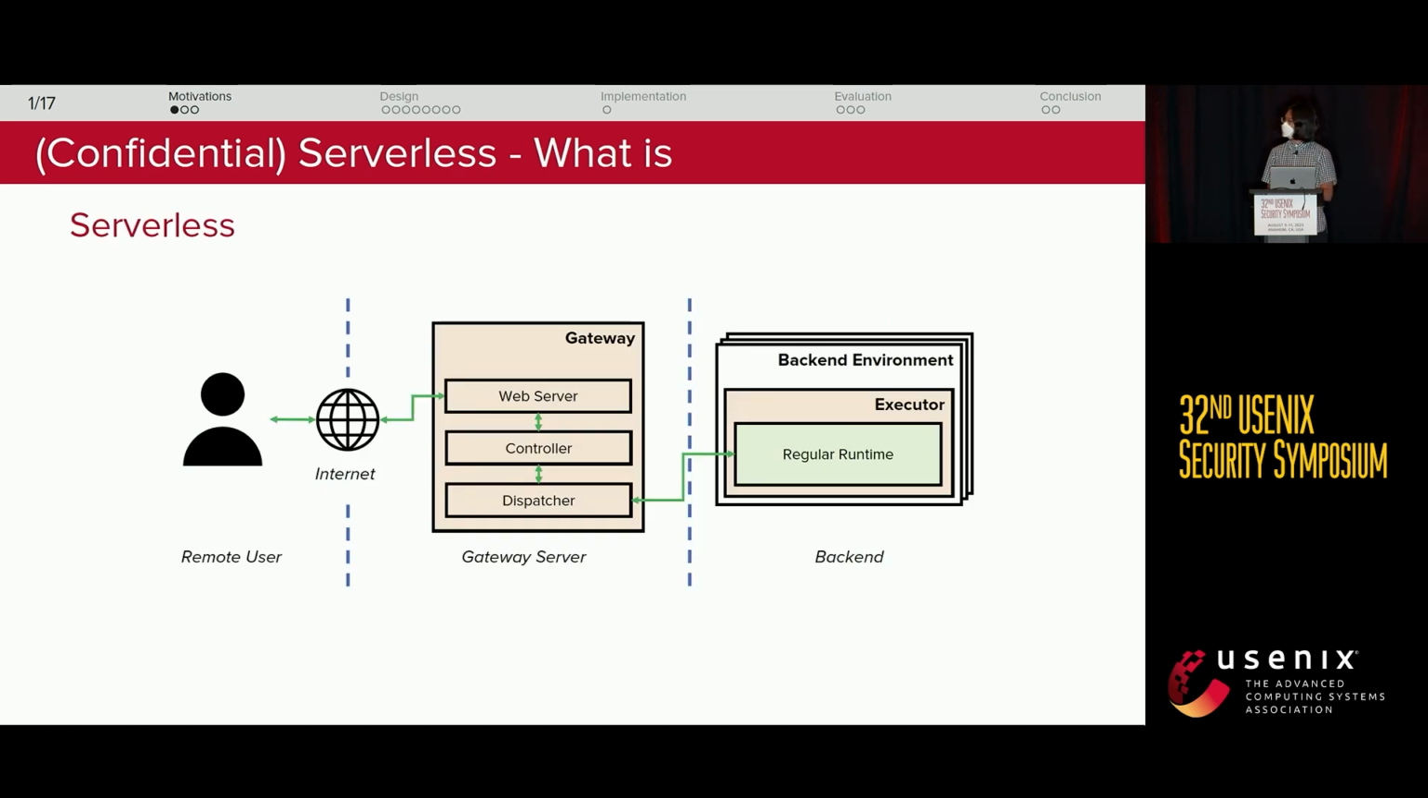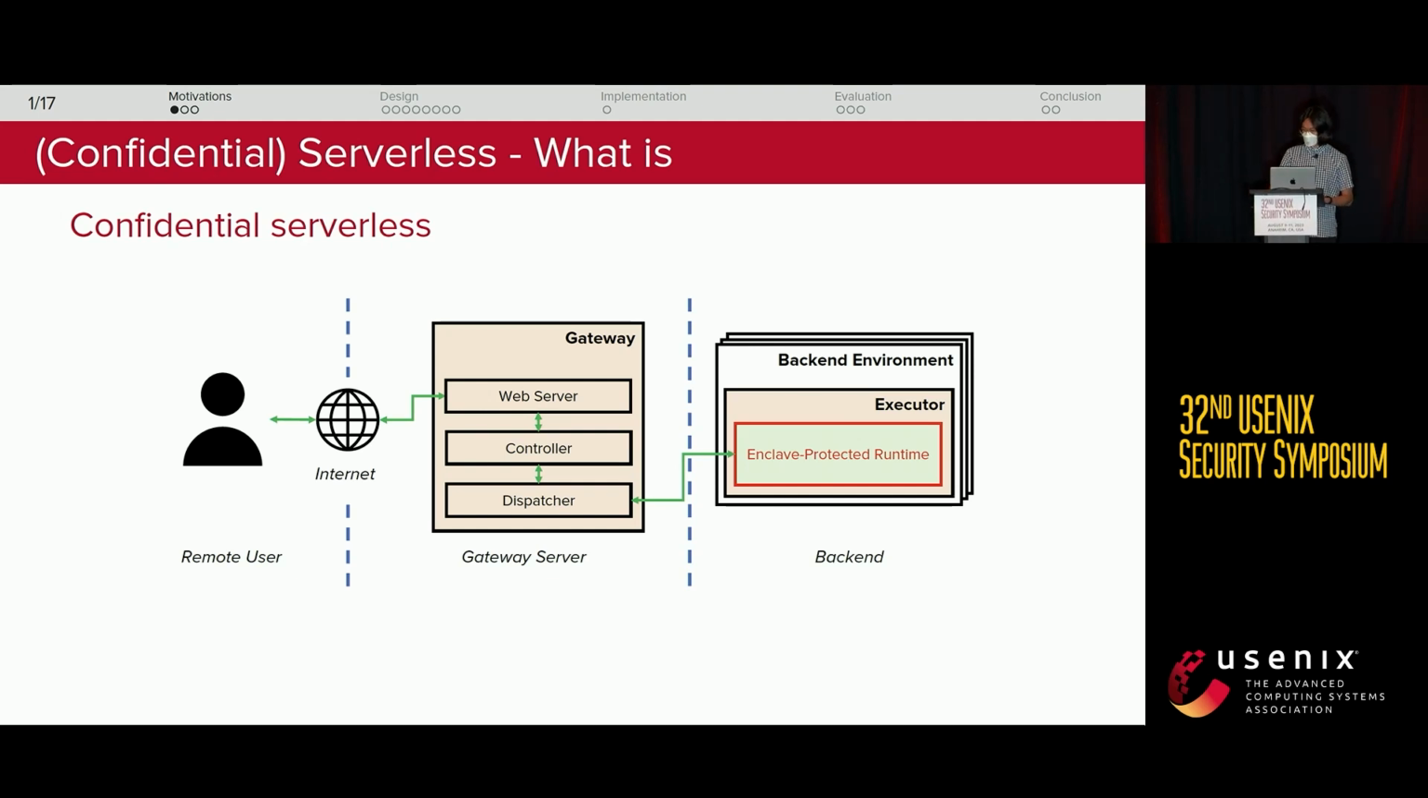A typical setup of serverless looks kind of like this: you got a front end, which is a gateway that takes all the users' workload. It has a dispatcher, like workload balancing, that sends the workload to the back end where the executor is. The executor has a runtime in it that can take the workload and just run it. With confidential serverless, the most important part is that they protect the runtime within an enclave,